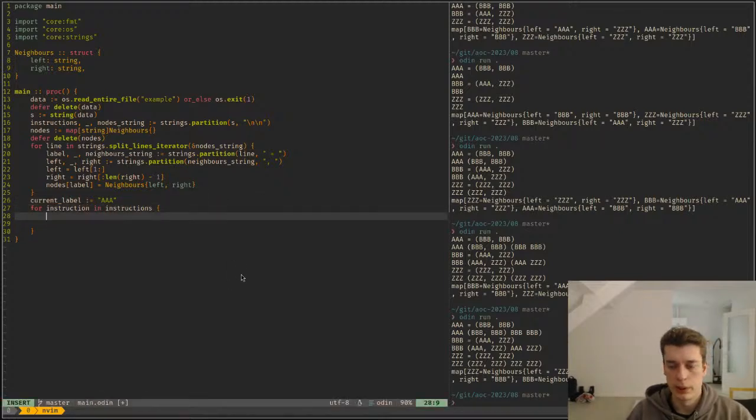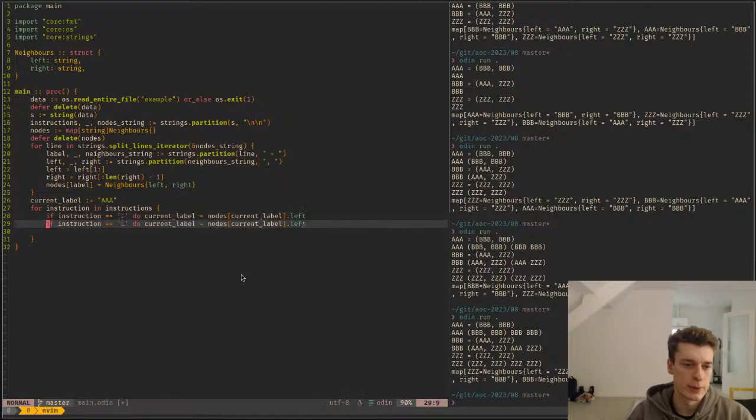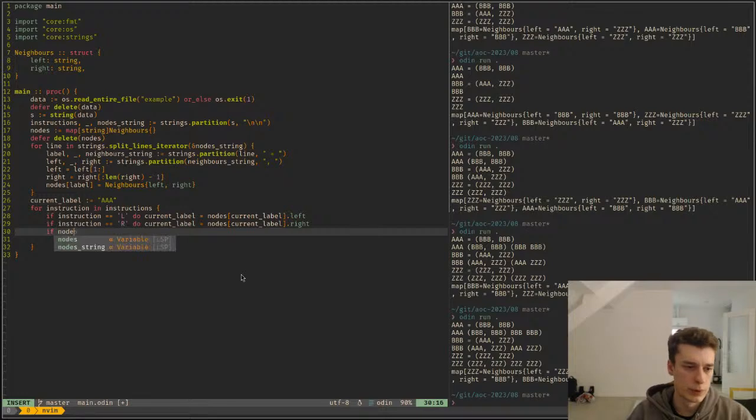And we do if instruction is an L, we do current label is equal to nodes current label left. Otherwise, we do current label right. And then we do if nodes current label. No, if